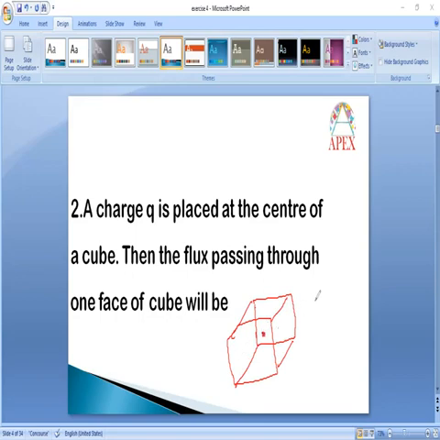And what is the flux through any closed surface? That is nothing but flux equal to Q by epsilon naught. But in this particular case, they're asking us to calculate only flux through one surface. Through all the 6 surfaces, it will be Q by epsilon naught. But through one surface only, it will be Q by 6 epsilon naught. Okay, that is the answer for the second one.